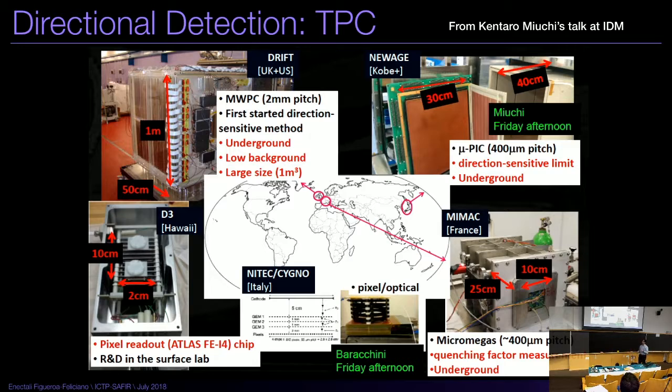So this is hard to compete. The directional detection technologies have a hard time competing with something like noble liquid or our bubble chamber, or even with our crystal detectors, just because when you have a dense liquid or a solid, you just have a lot more atoms. So if you have a volume of detector, you have a lot more target. And as we talked about, target times time, exposure, is one of the ingredients you need for dark matter